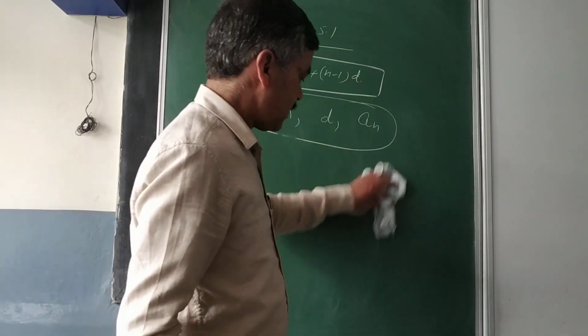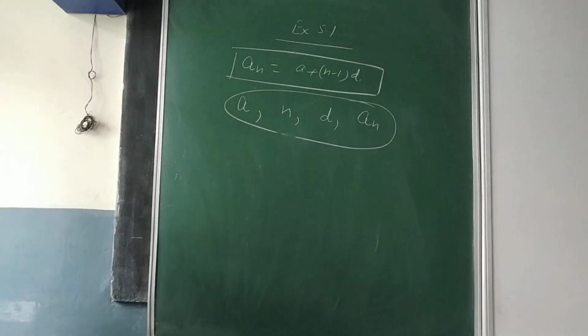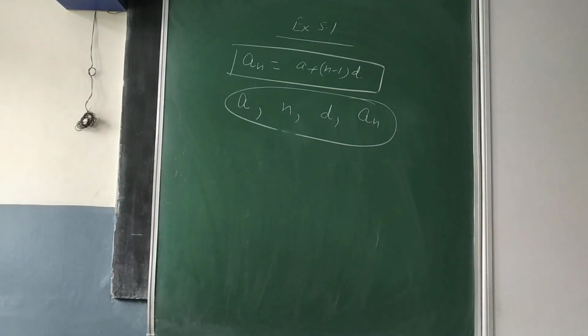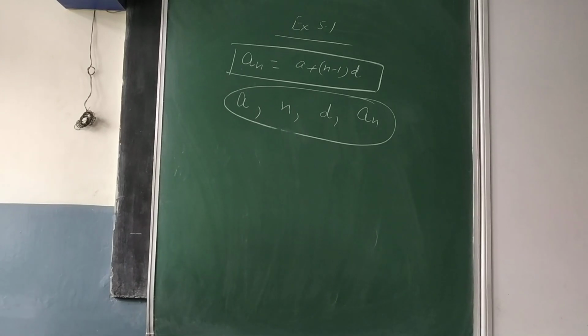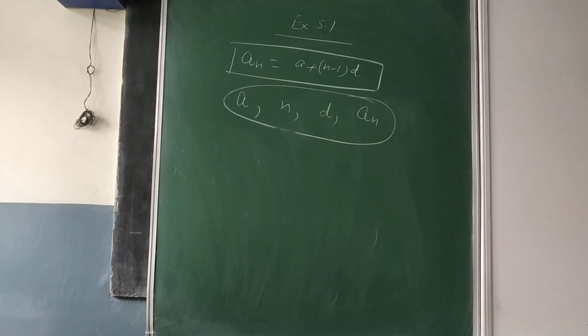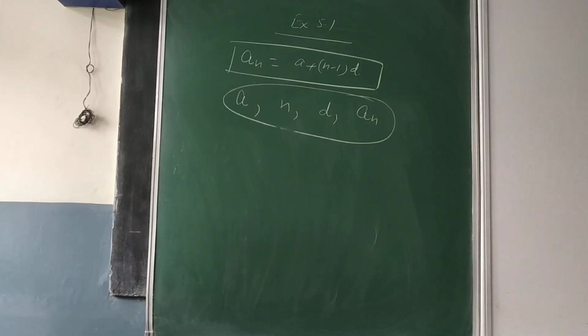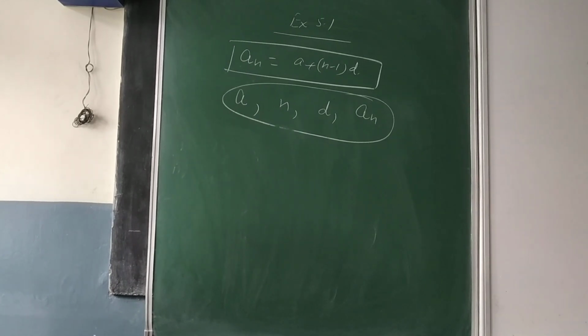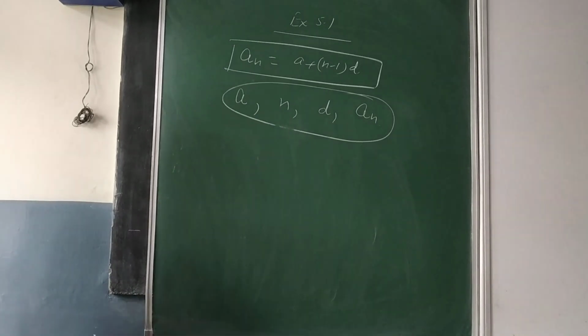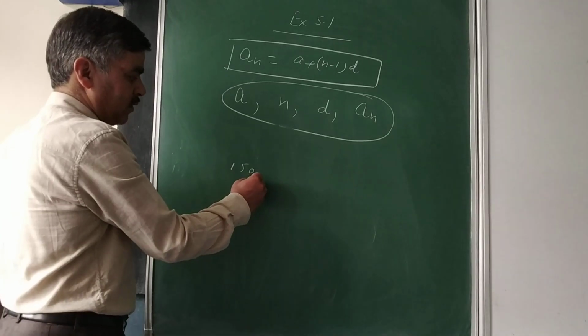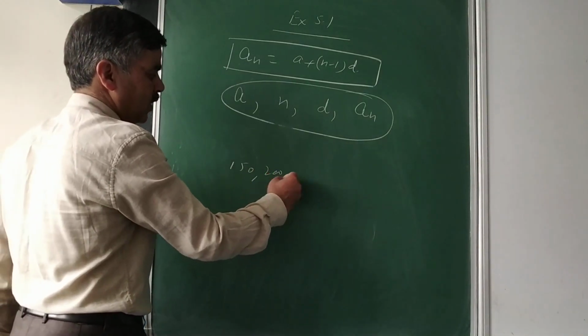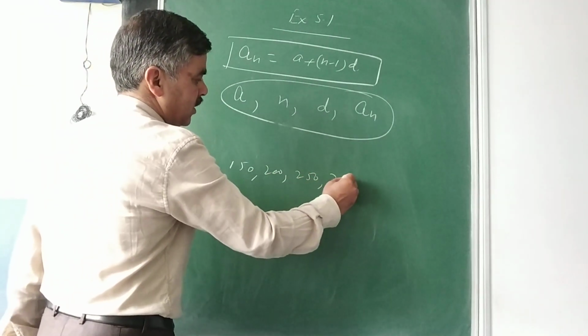Then the third part is given, that is the cost of digging. After every meter of digging, it costs rupees 150 for the first meter and 50 more for each additional meter. So like your first part, 150 for the first, you keep adding 50: 200, 250, 300, and so on.